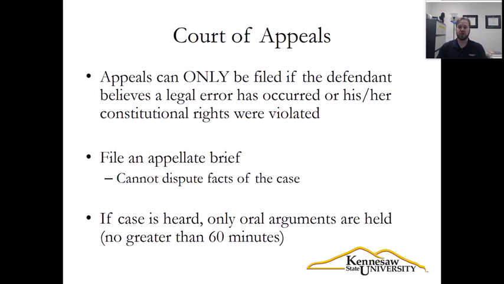And if cases are heard, only oral arguments are held. You'll file a brief, and then you'll get the oral arguments. And one of the few things you'll probably see that is actually correct in maybe Law and Order or stuff like that is they have the podium up there, and on appellate arguments, you have the light with the green, the yellow, and the red. Green means that you have time and you continue to talk, and yellow means you only have a couple minutes left, and then red means your time is done, and so that's it. And so you'll usually get about 60 minutes in the U.S. Supreme Court, and that varies a little bit across different states.